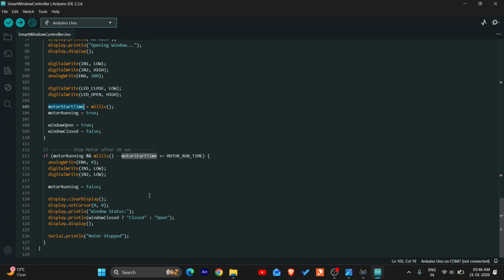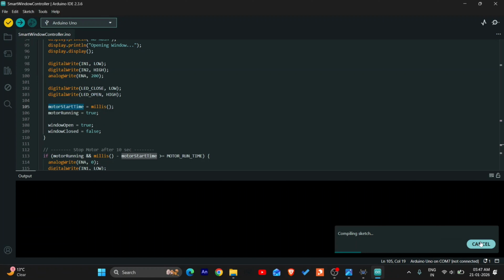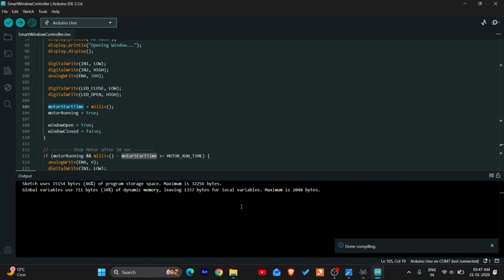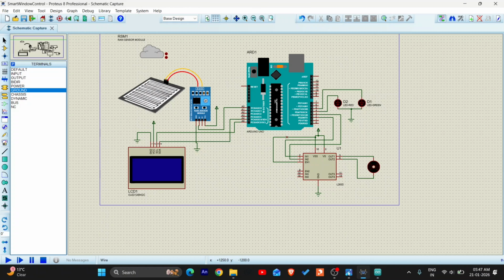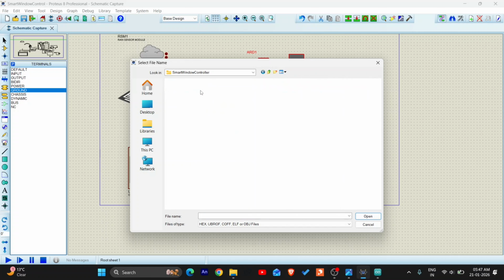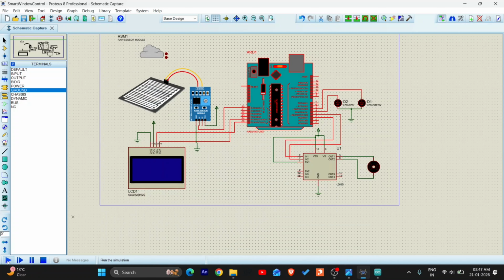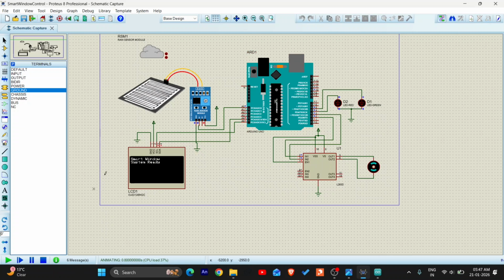Now let's generate the hex file. Click on sketch, export compiled binary. So the hex file is generated. Now we will go back to Proteus, double click on it, select the hex file. So we'll select smart window controller, build, and Arduino AVR Uno, and select the hex file, double click on it. So let's run the simulation. We got a startup message, smart window, system ready,